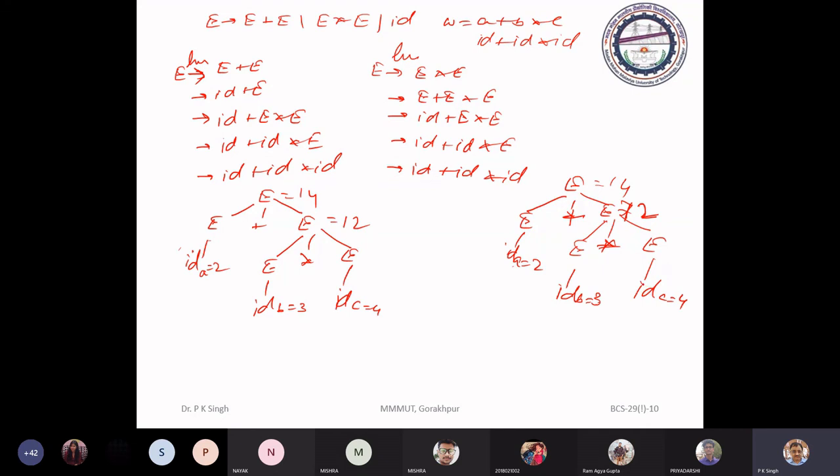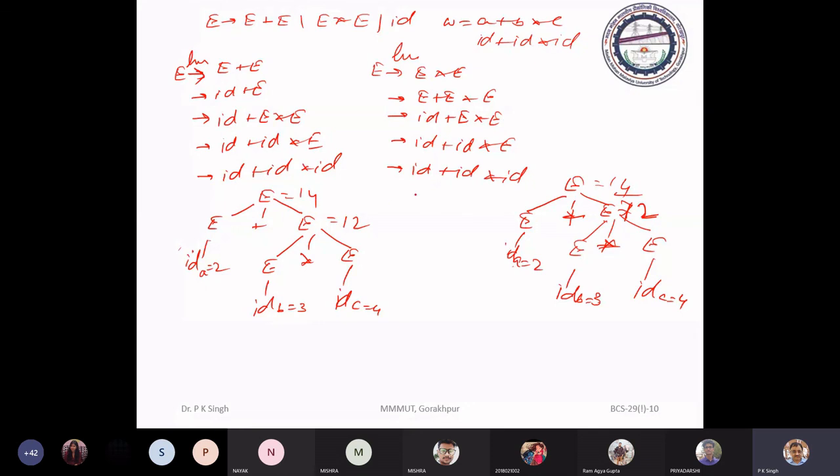Something went wrong here. No, we have got the same syntactic structure, so we are getting the same value.